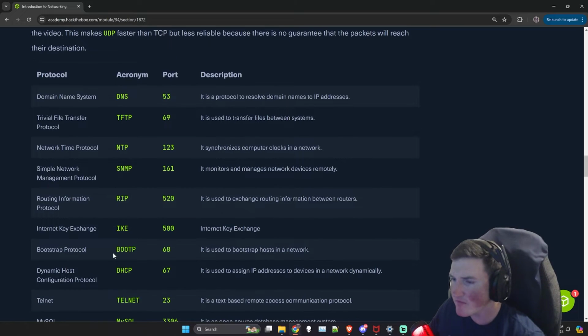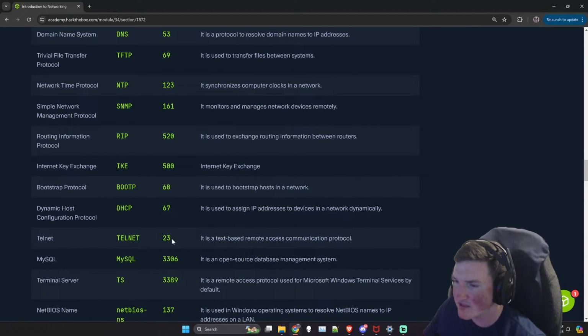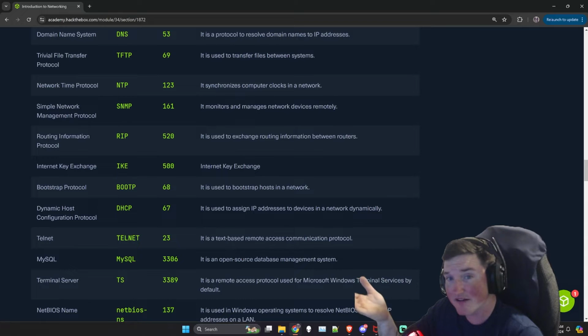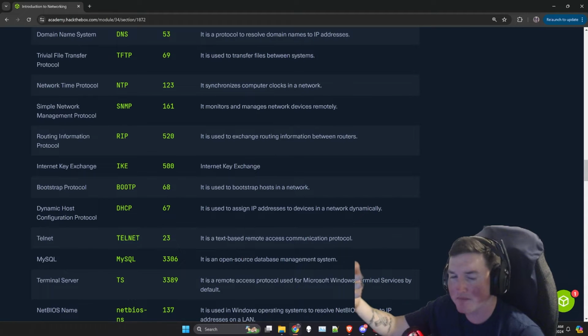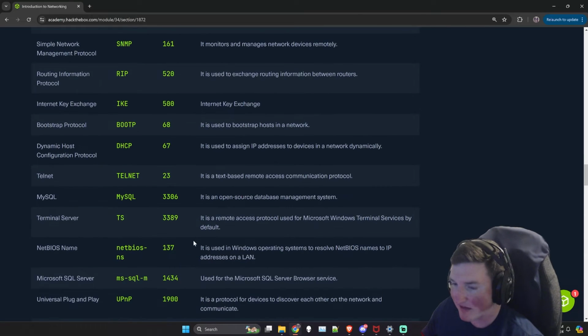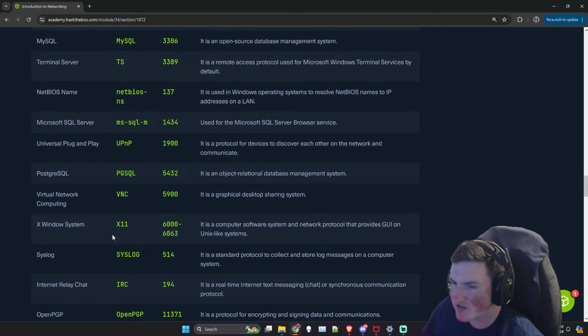Now, some of the ones that you're going to see a little bit more, for instance, Telnet. You might say, well, that was up in TCP also. Again, it takes on the form, if you will, of what it's connecting to. So if you're talking to a UDP, it can talk to a UDP, right? So really nice. Let's see what else we got.